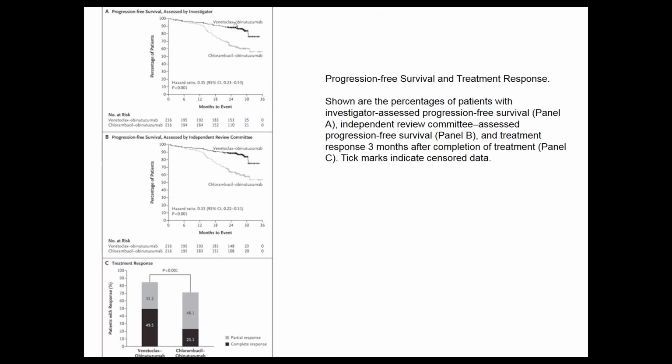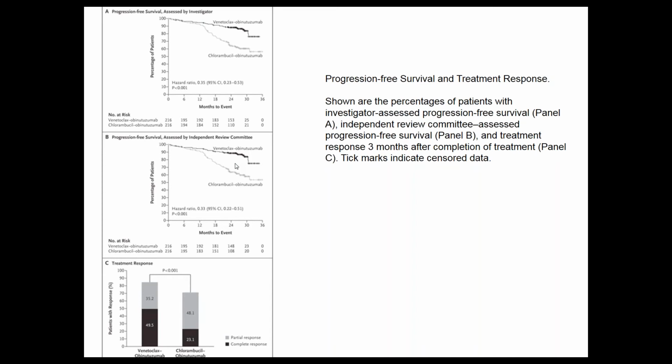And what we see here is venetoclax does a pretty good job on these patients, and this is progression-free survival. So this is a good deal, and this is over about 3 years, and the group that got venetoclax did quite a bit better than the group that got chlorambucil and the anti-CD20 antibody, which is now the standard care for patients with the CLL